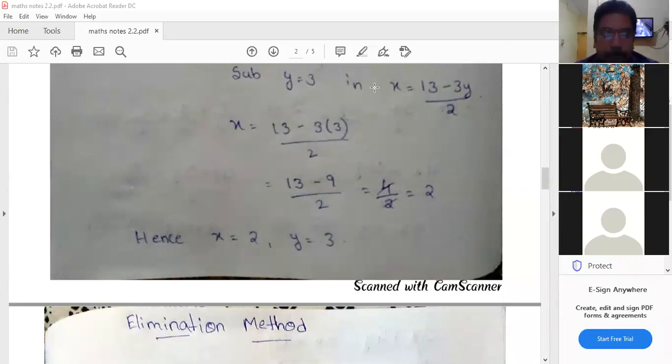Completed. Can I go for the next method? Now two methods are completed. What you will do today at home is try the remaining sums in your rough book, by substitution method only. I told the first bit and the 6th bit. The remaining 2, 3, 4 you do at home.